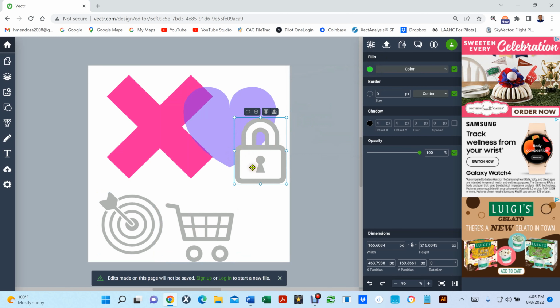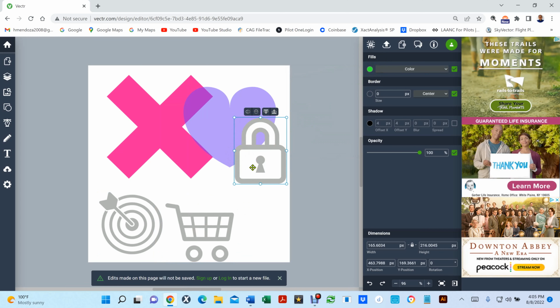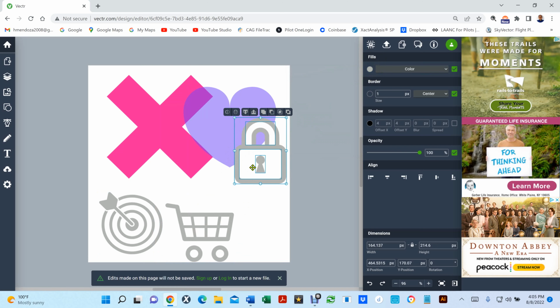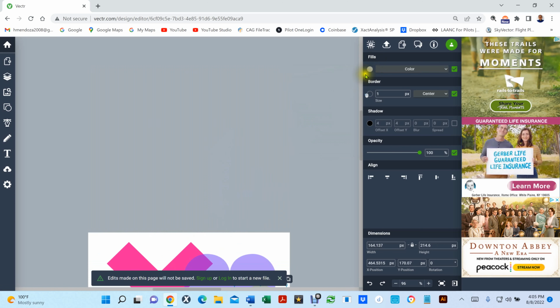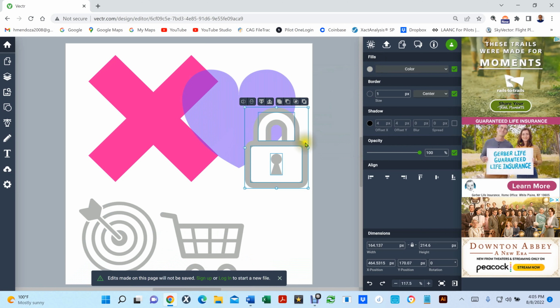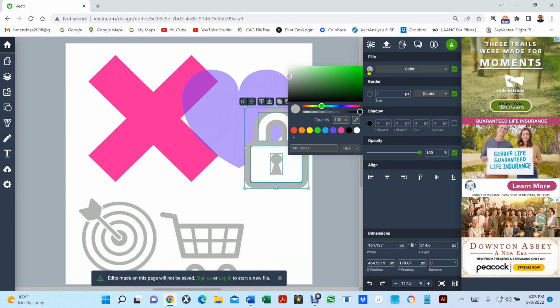What you have to do is ungroup it. So if you hit Control U for ungroup, that is going to ungroup it. So at this point, you can change the color of it, right? So if I go in here, oops, if I go in here and change the color, watch what happens. If I change it to